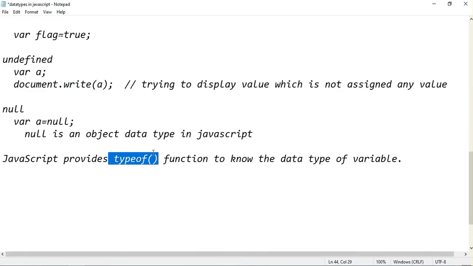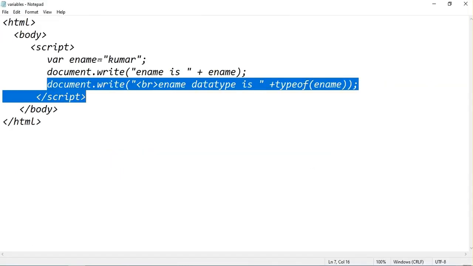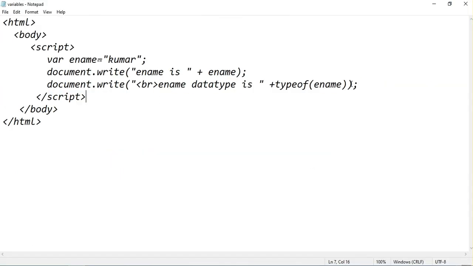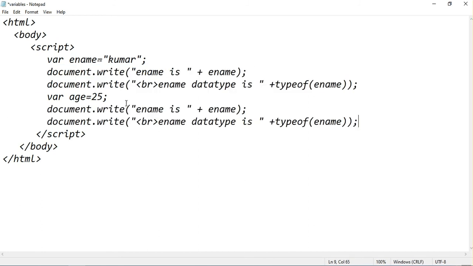Let's add some more code here. This time I will go with, for example, var age = 25. Let me copy these lines. I will try to print these values: age is, age; age data type is, age.